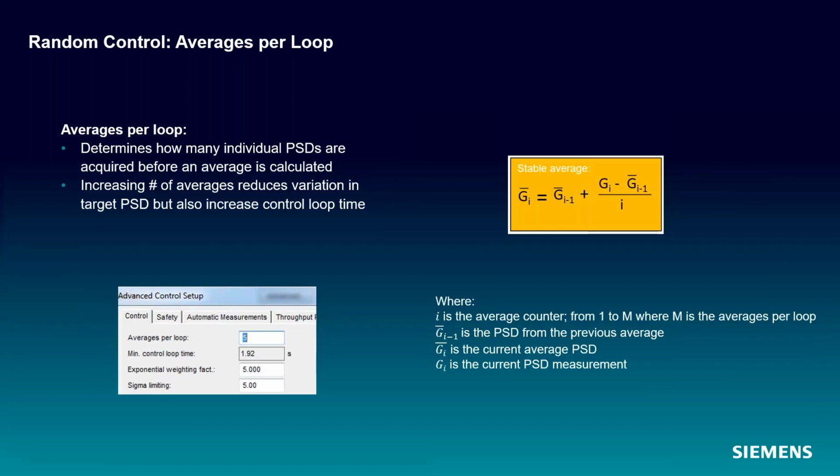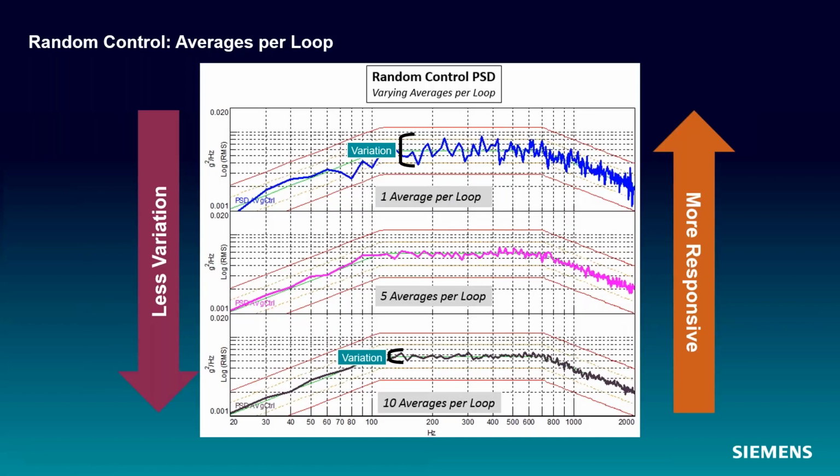We have a thing called degrees of freedom in random control. Degrees of freedom is not mechanical degrees of freedom, but statistical degrees of freedom. With a stable average, the degrees of freedom are equivalent to the number of blocks that you put into an average multiplied by 2, because we have a real and imaginary portion. So that's for measurement channels. We typically use linear averaging, but for the control channel, we always use exponential averaging.